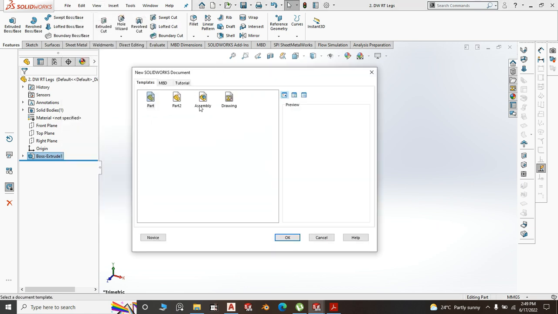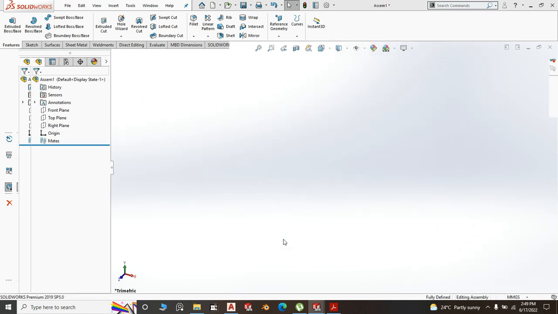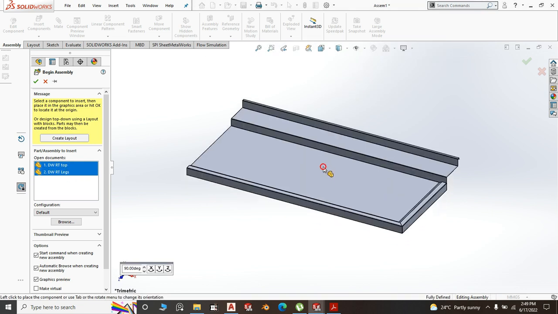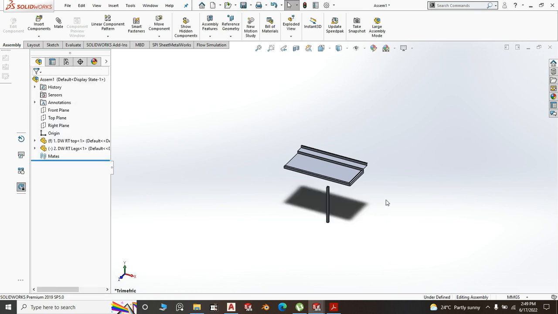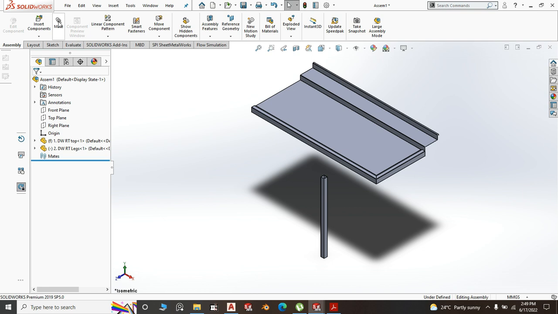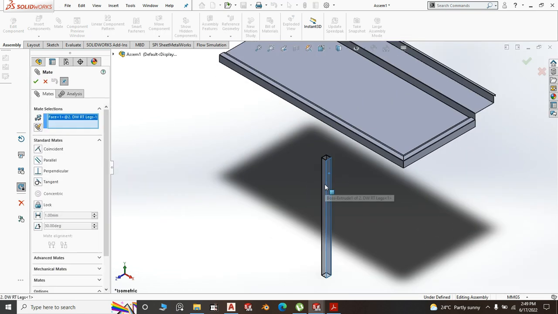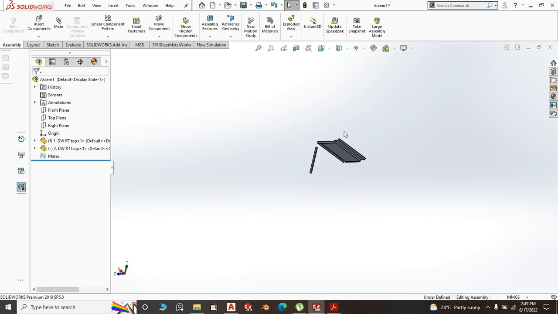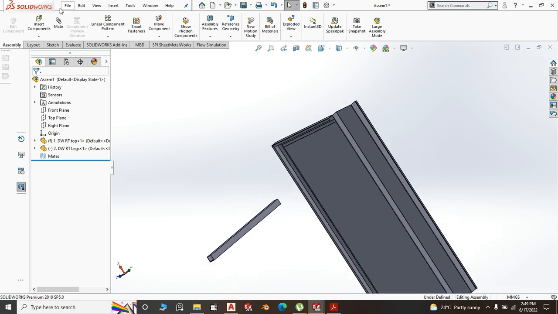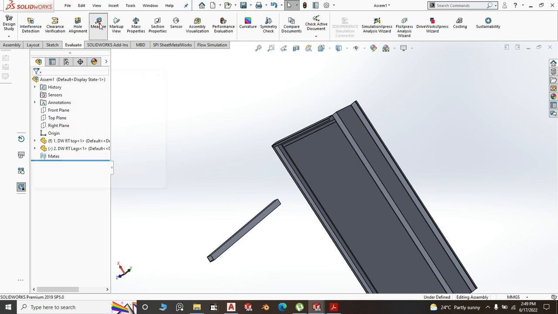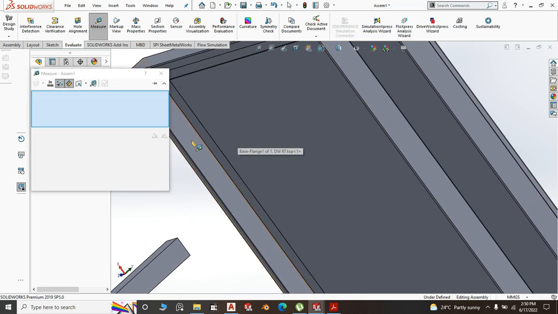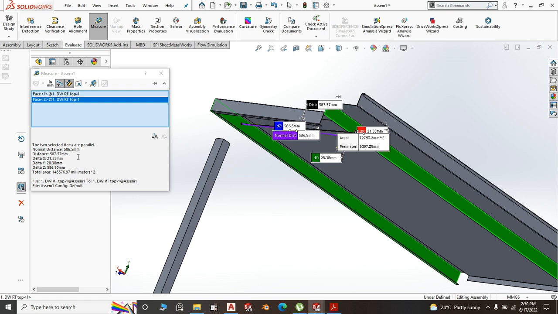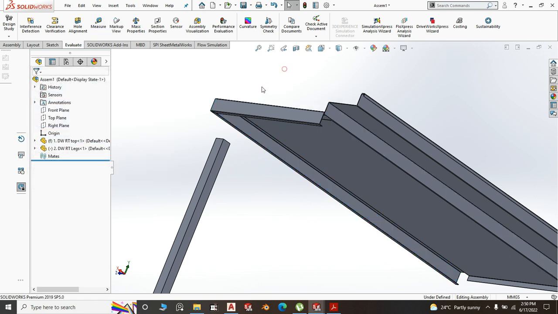Reason being, I want to know the size of the bracing, and that I will do after I evaluate what is the distance from. So we mate this leg with the top. I think there is something that I'm not doing here, which is very important. Let me first evaluate and get the measurement from here to this face here. The normal distance is 586.5, so I can create